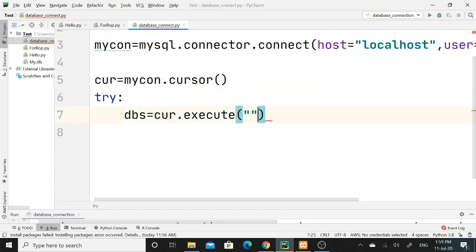Here I will pass a parameter. I will pass one string parameter, show databases. Whatever databases I have created in MySQL will get displayed once the connection is successfully established.